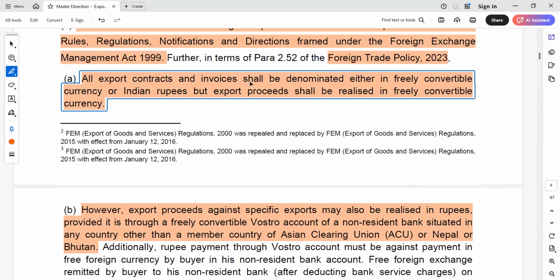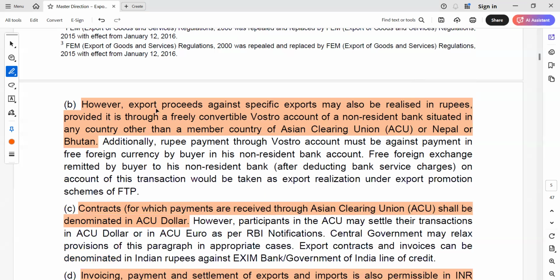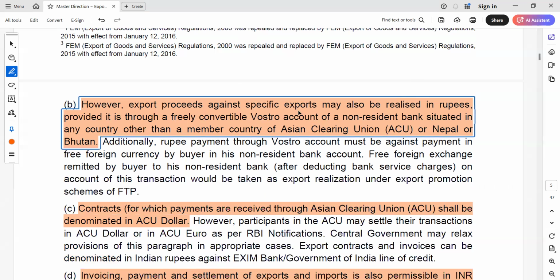Here all export contracts and invoices shall be denominated either in freely convertible currency or INR, but export proceeds shall be realized in freely convertible currency, like not in INR, okay, for realization. But the invoice can be made in freely convertible currency, USD, GBP, CAD, anyone, or in INR also. But realization should be in foreign currency. But here it is saying that export proceeds against specific exports